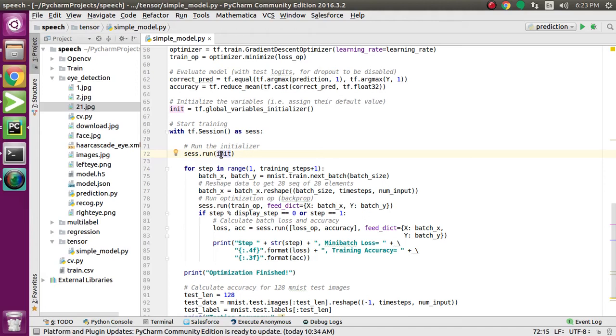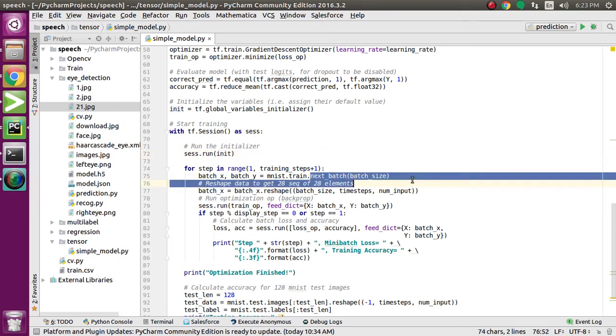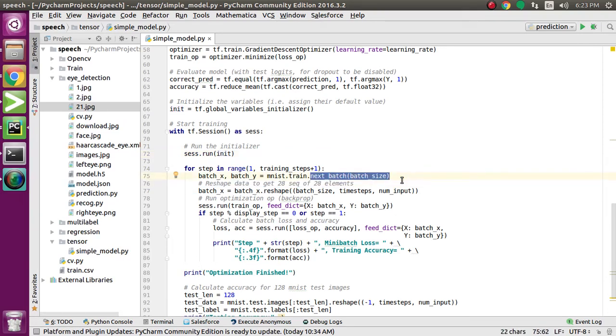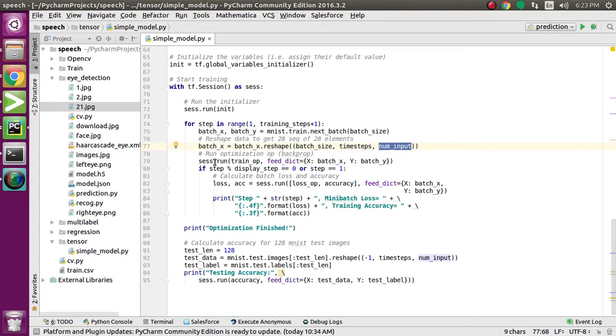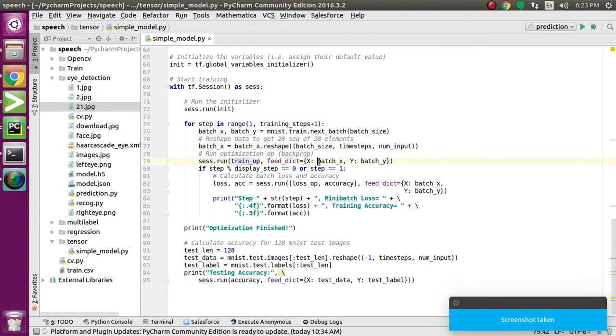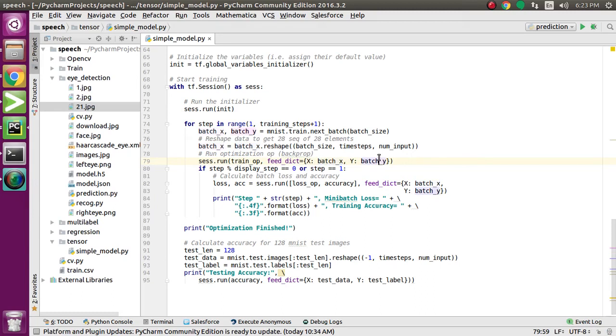After that I am initializing the loop, where I am passing my MNIST dataset in batches of 128. Then I reshape the dataset by the shape of number of rows, which is 128, and 28 columns, and then pass session.run with the training operation, and pass a dictionary where I am passing my batches of 128 and labels of 128.